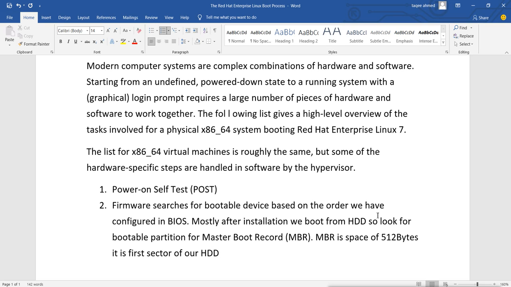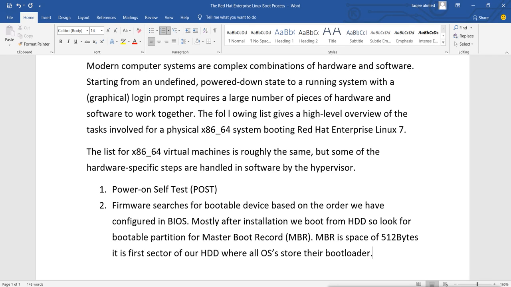So it is the first sector of the hard disk where all operating systems, either Linux or Windows, store their bootloader.